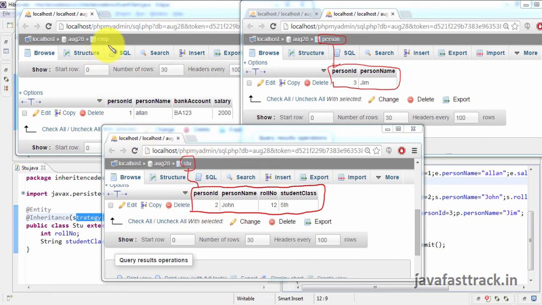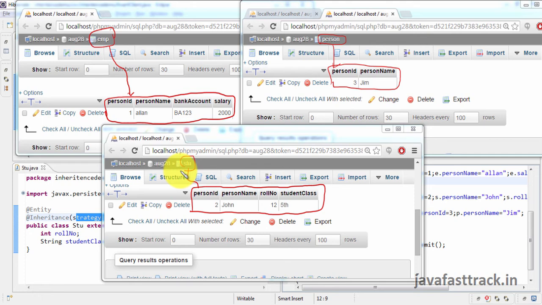When I store an employee object, data has been inserted into the employee table. The employee table also has the same fields: person ID, person name, and then employee related fields, bank account and salary. So we have three tables corresponding to the three classes. Every time you insert data, data will go into the appropriate table: person, employee, student.